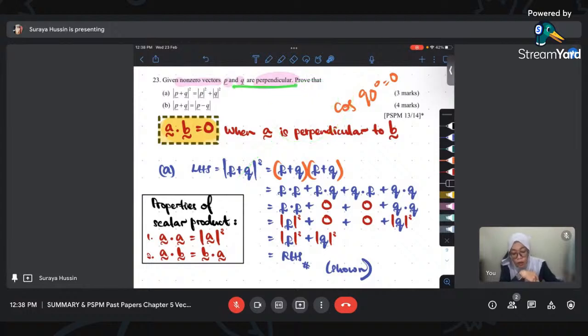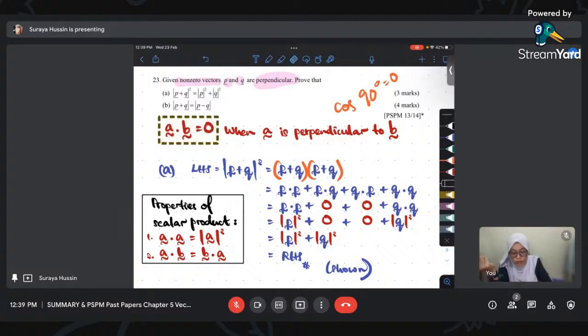So from this question, that's why I say perpendicular dan parallel sangat penting dalam chapter ini. Dia akan sentiasa pakai perpendicular dan juga parallel dalam soalan chapter 5. Confirmnya, saya memang boleh sure dia akan keluar, sebab dia sangat penting. Dia merujuk kepada kamu pandai tak keluarkan A dot B is equals to 0. Do you know that when A is perpendicular to vector B, ataupun in this case P is perpendicular to